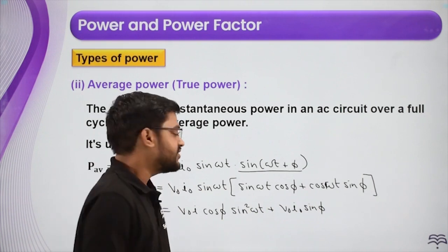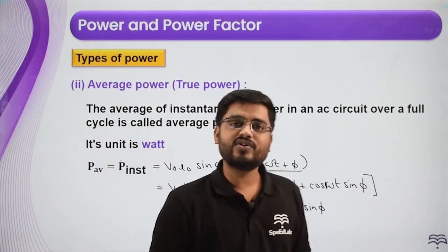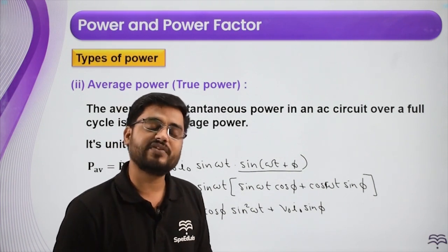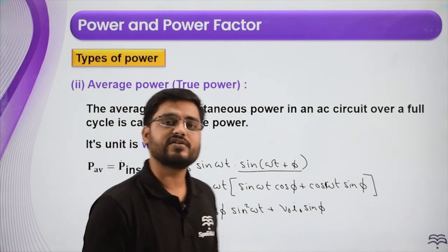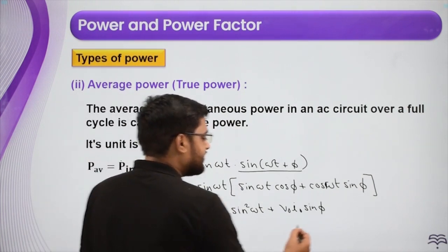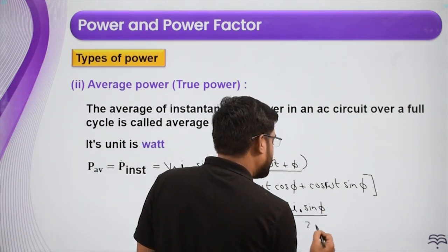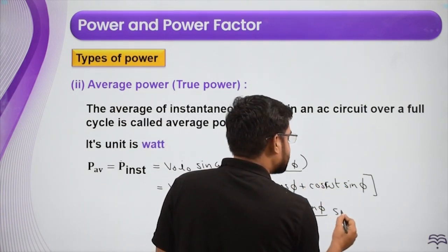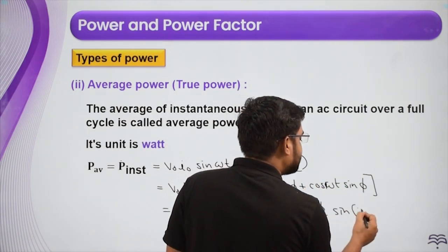What does that give? So basically I am saying sine theta into cos theta is sine 2 theta by 2, because I can just multiply and divide with 2. So I'll get 2 sine theta cos theta, and that will become sine 2 theta. So I am just dividing with 2, and then this will become 2 sine omega t cos omega t, that is sine of twice omega t.